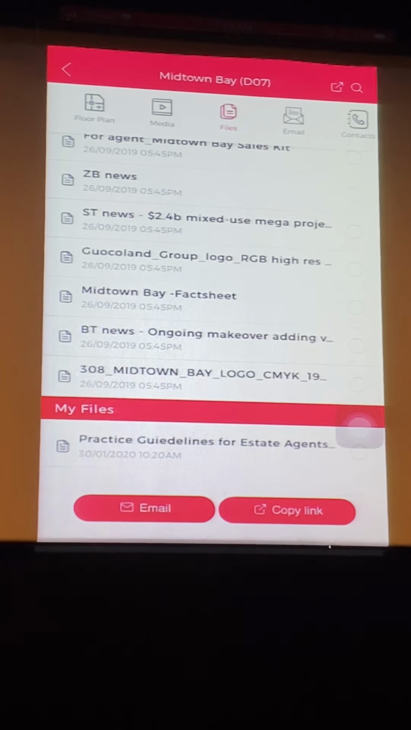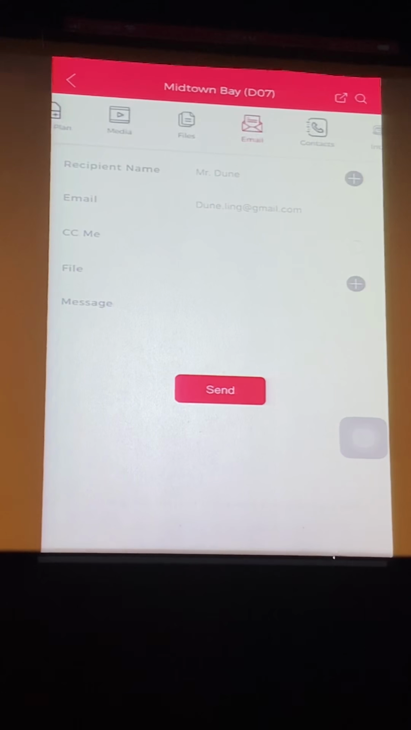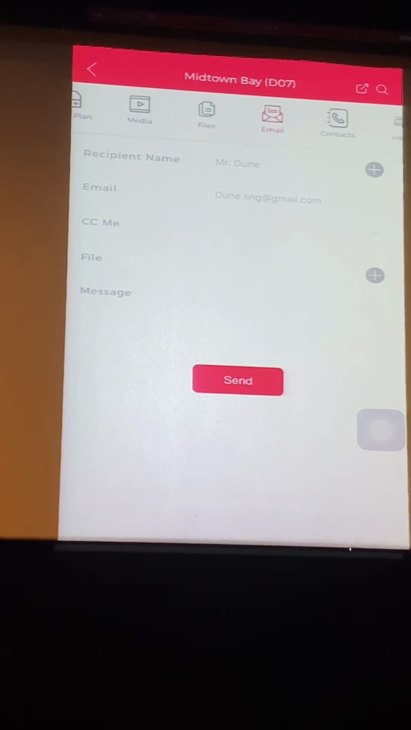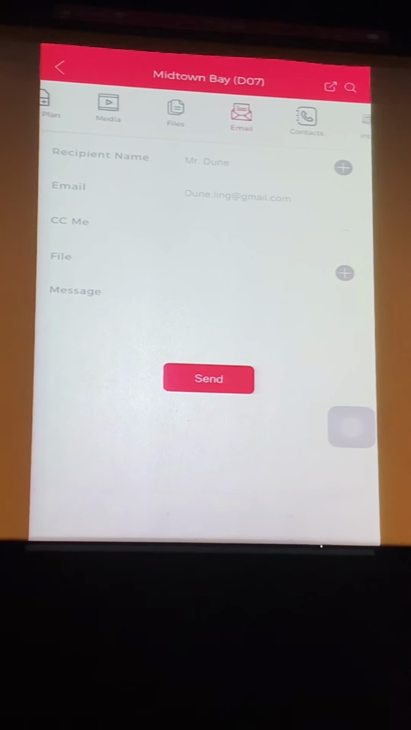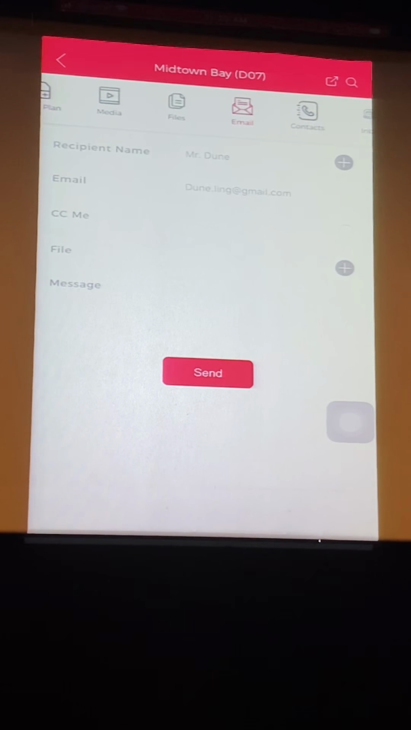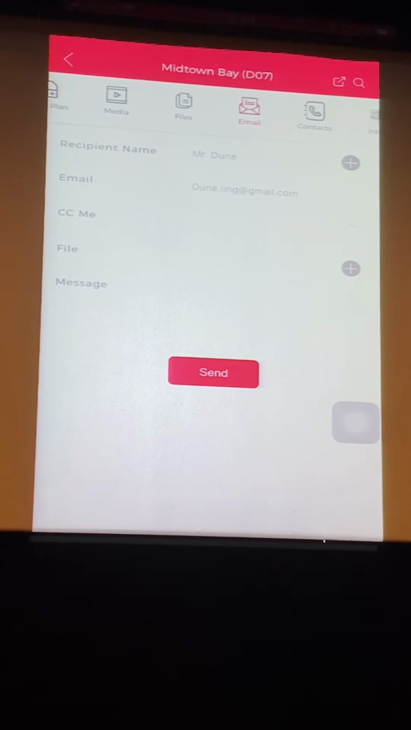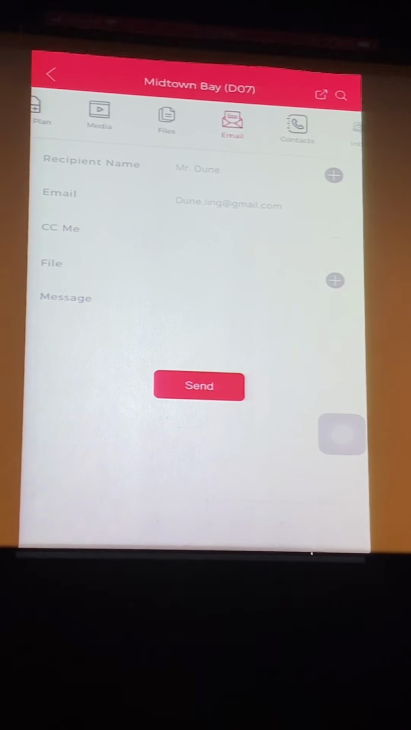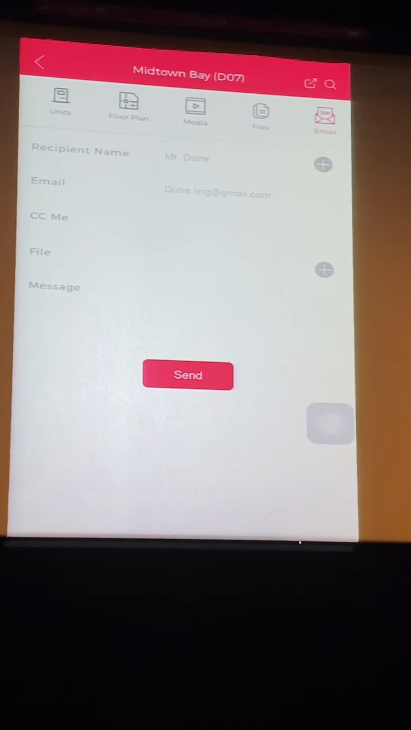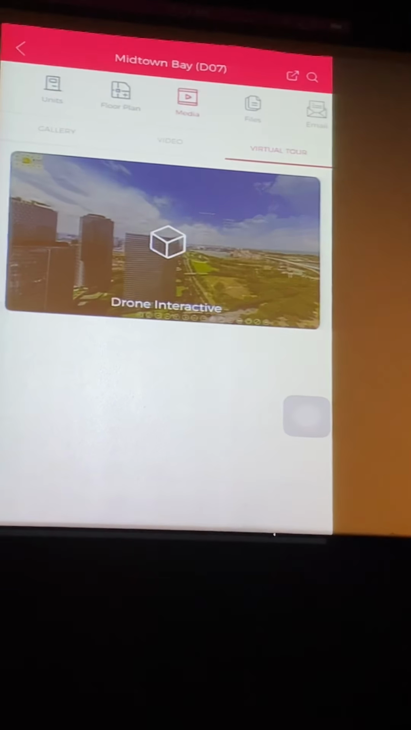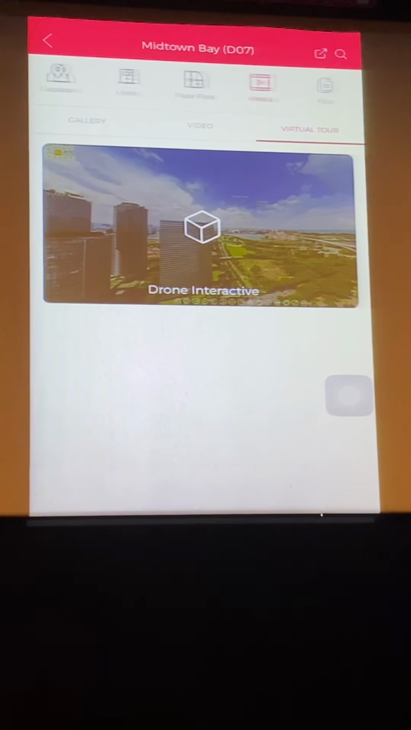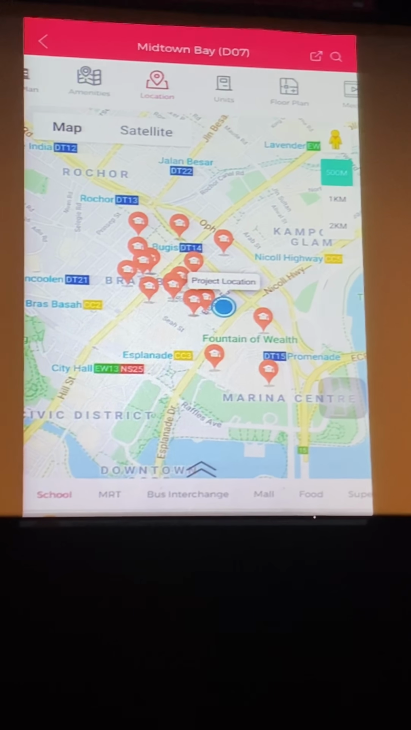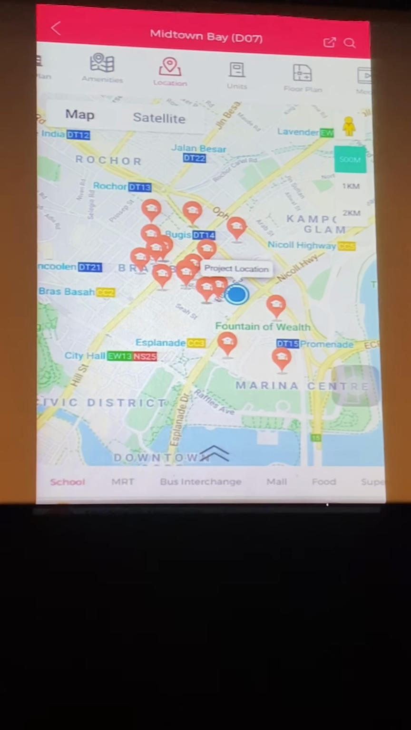So now I come back here. So over here is the email button for you to send out the info. So remember, right, if I don't want to just email, on the top right corner you see there is the arrow. Remember just now I shared the unit information out. Now I want to share the project information out. So on the top right corner you see, regardless of which page I'm at, media, location or where, the arrow is always on the top right corner. So once I click on that,